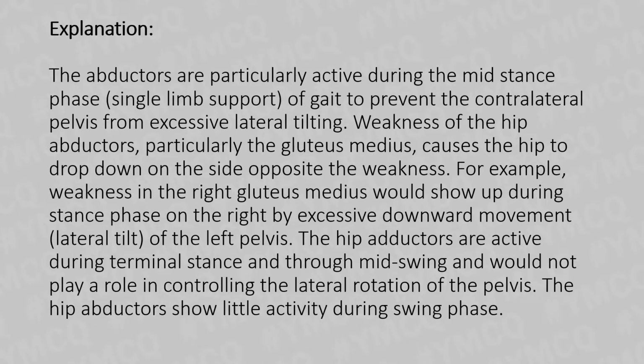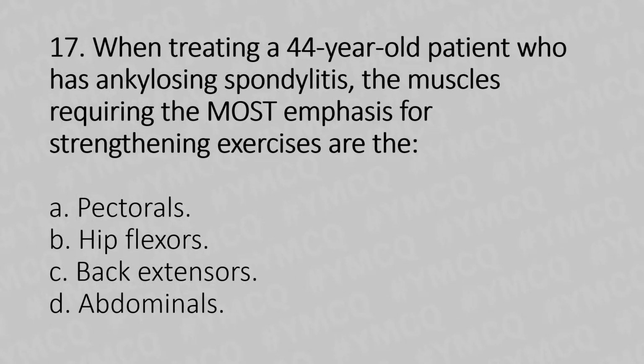Now let's move to our 17th question. When treating a 44-year-old patient who has ankylosing spondylitis, the muscles requiring the most emphasis for strengthening exercise are the Option A, pectorals. Option B, hip flexors. Option C, back extensors. Option D, abdominals. And the answer is